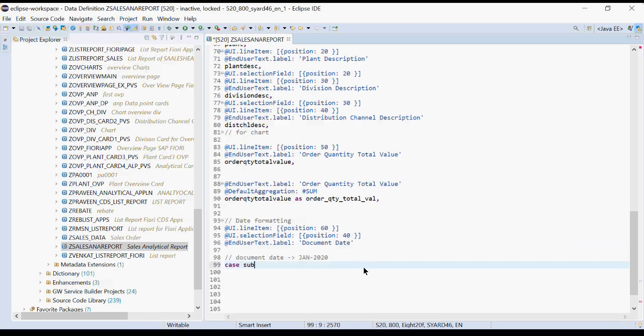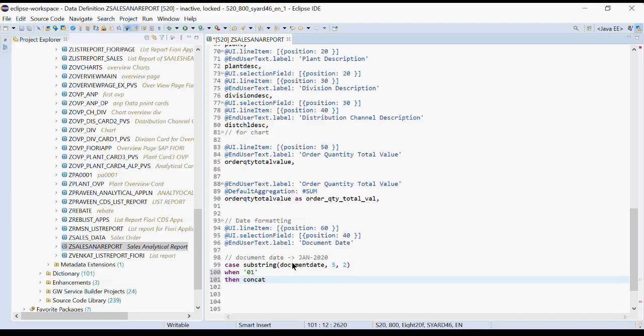Okay, so let me quickly start building that code. So we will have a substring with argument, position, length. Argument is nothing but my document date. Position would be same as fifth, and length would be 2 as same. Each and everything is exactly same. This is exactly the piece of code that we built last time. So when it is 01,